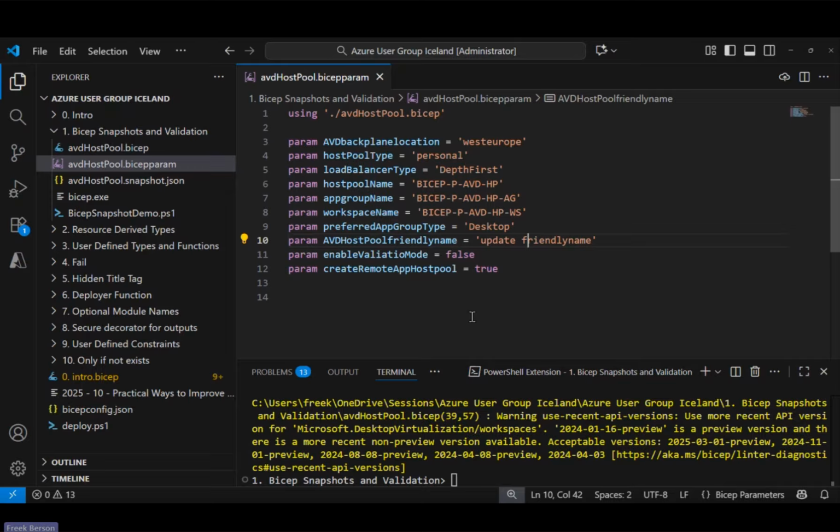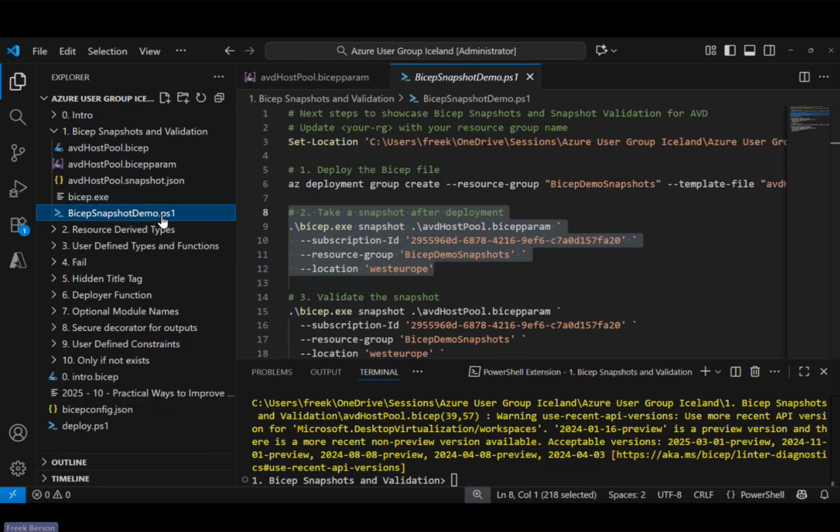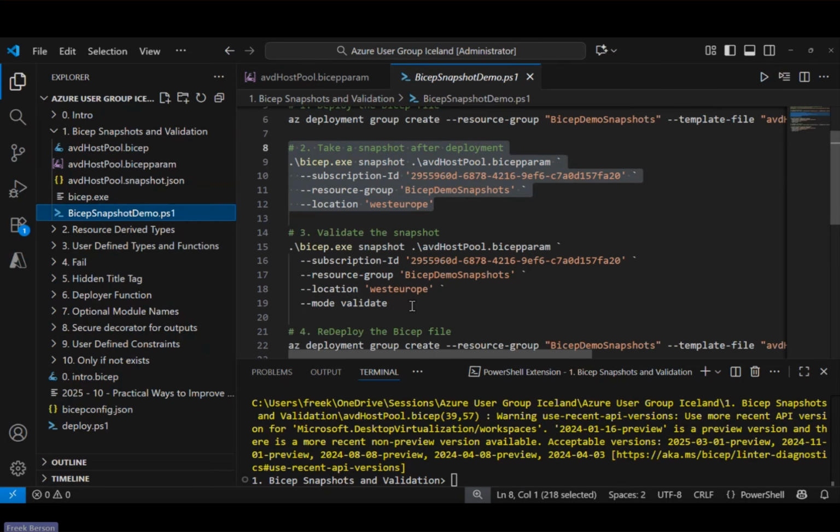But think about that large environment with all of the modules and submodules and sub-resources. At some point, you have no idea, if I change this parameter, which resource, which loop, which conditional deployment, or which module is going to change as a result of that. And that's what snapshots is all about. So let me go ahead and take that snapshot right here.